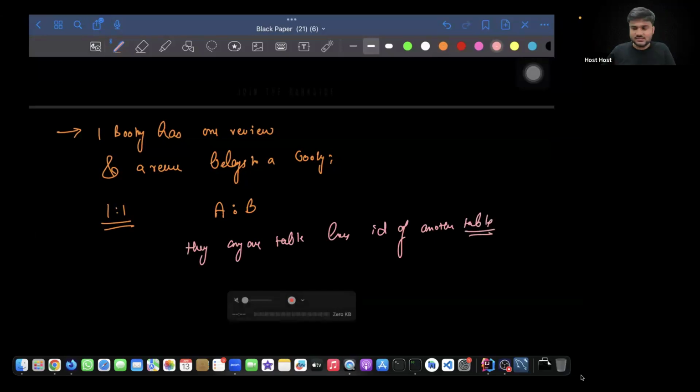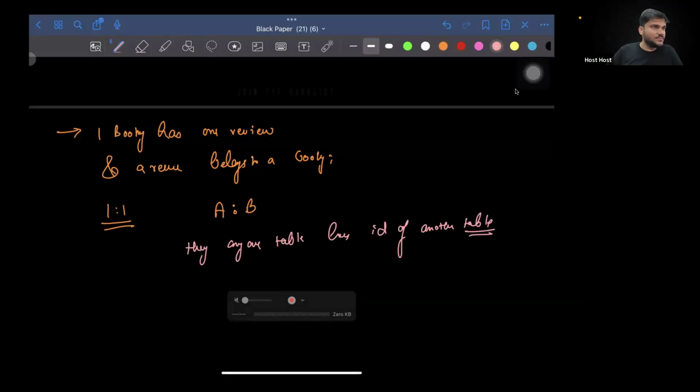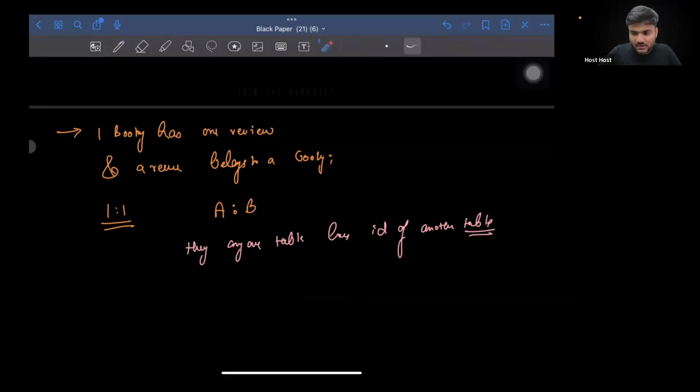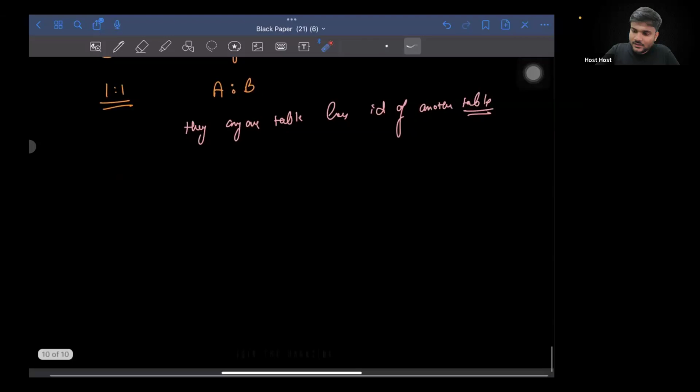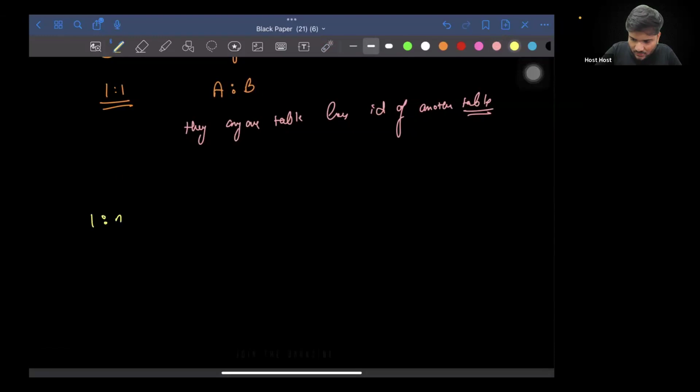For example, in our case, the booking table has a review ID, right? It can be vice versa as well, that the review table has a booking ID. So in one-to-one association, it doesn't matter. Any of the two tables can have the ID of the other table. The mapping still exists. The other type of mapping that we have is one-to-many,